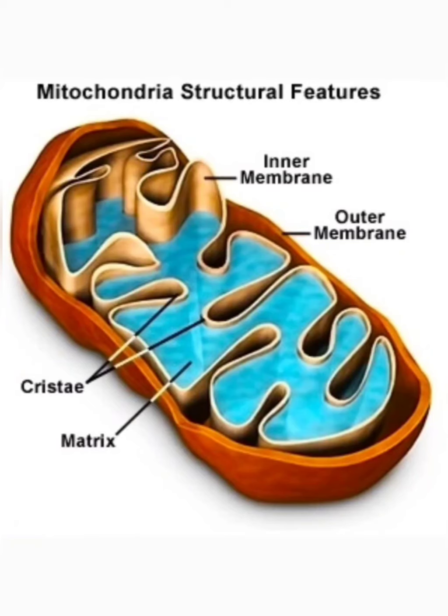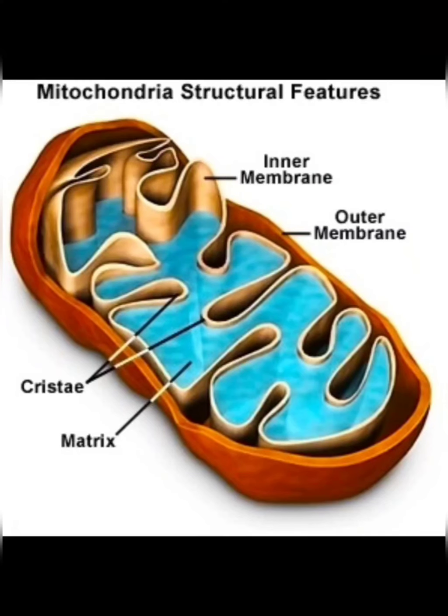When we observe these mitochondria under a compound microscope, we can see small dot-shaped structures. If we want to see the unique structure of mitochondria, we have to observe them under the electron microscope. When we observe them under the electron microscope, we can see that mitochondria are double membrane walled structures. The inner membrane of the wall protrudes into the interior and forms folds called cristae. The space between these cristae is known as the matrix, and the matrix is filled with a fluid.